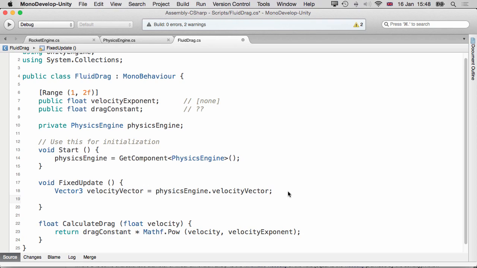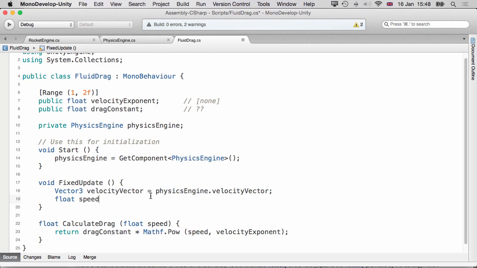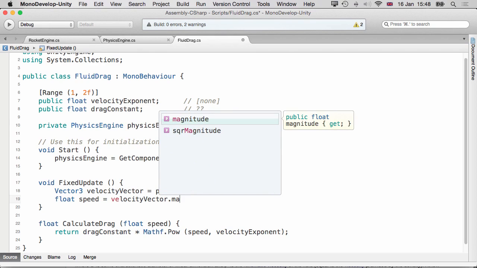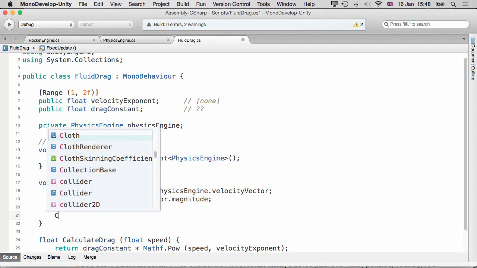We know how fast this thing's traveling. From that, we can get the velocity. What is the velocity? Well, it's a float. Velocity. Now, velocity is not really the right word, it's speed, because velocity includes a direction, so let's call it speed here, and rename everything to speed. What is the speed in terms of the velocity vector? It's velocity vector dot magnitude, right? Okay, so we have the speed to put in, so we're nearly ready to just